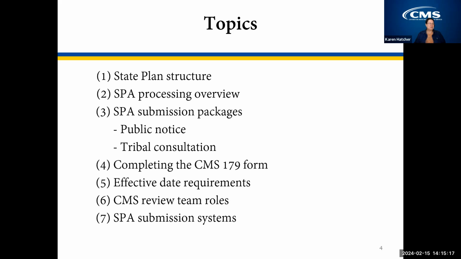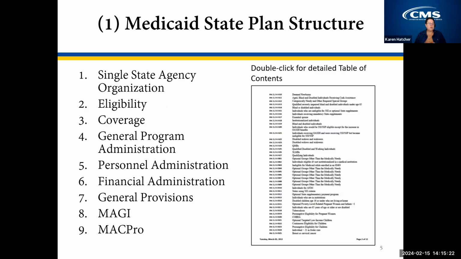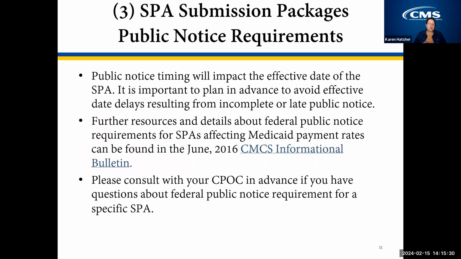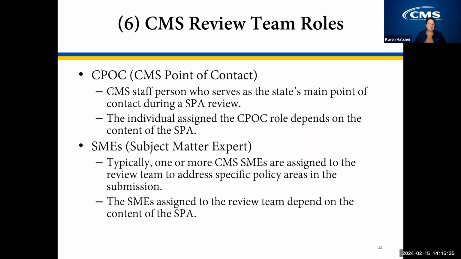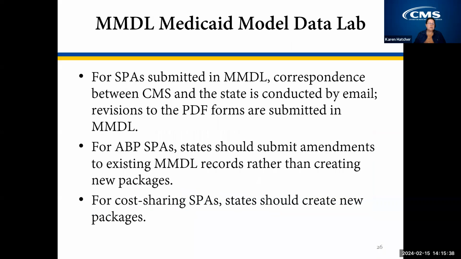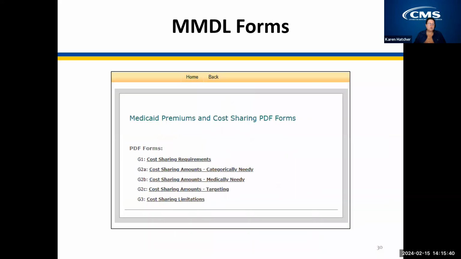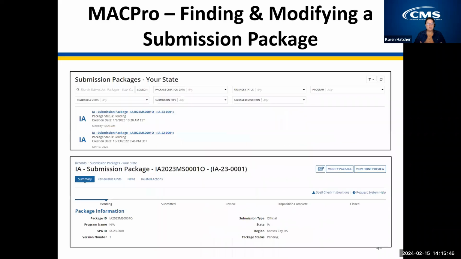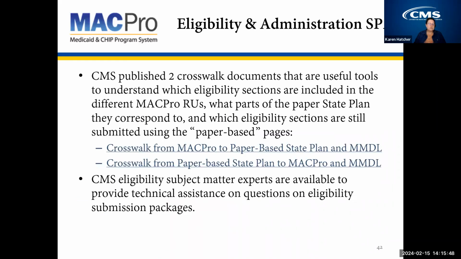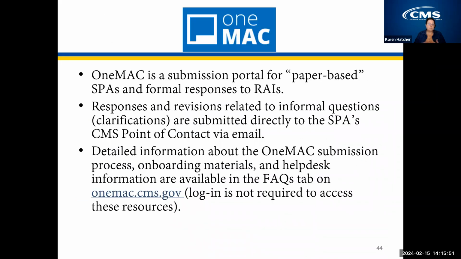Okay, if nobody's going to jump in on that. CMS issued guidance via a SIB 3 or 4 years ago where we asked that an RAI response be provided within 90 days. If you cannot respond or work out all of the issues identified in the RAI within 90 days, as long as you're communicating and working with CMS where we can document that we're working together, we will keep the SPA on RAI until we come to a final disposition, and the state can then resubmit the response and CMS will move forward with that final disposition from that point.